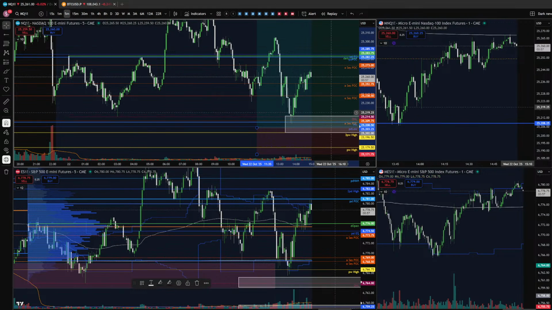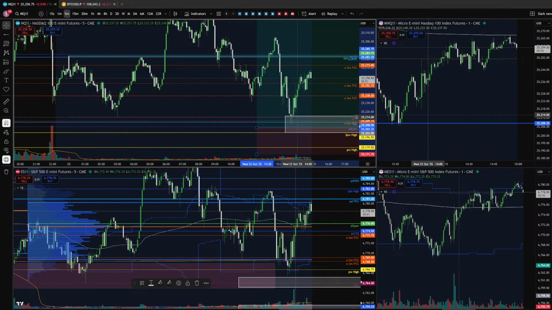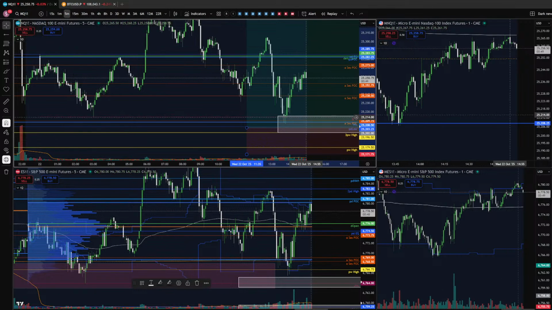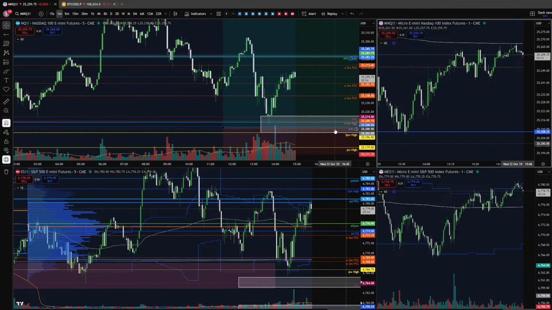I already did my analysis for the day, and so we already have had a trade opportunity, and I entered right here on this green candle closure, and unfortunately I did not